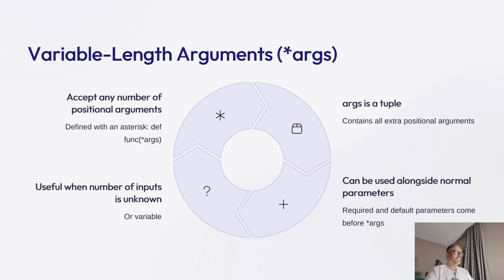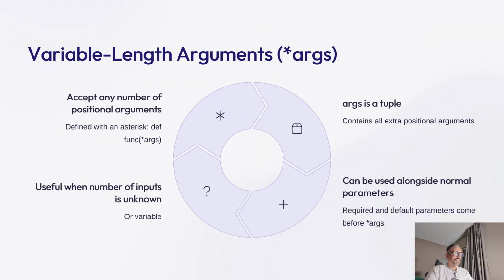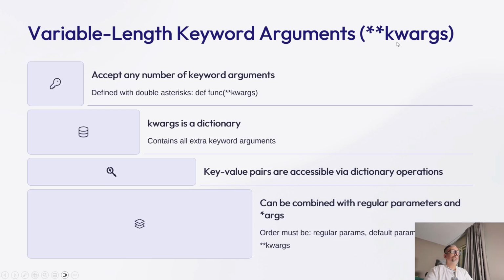Now let's understand the way we used those arguments. Now we are going to use keyword arguments. You can use two different ways: one is variable length keyword arguments, and the other one is variable length arguments. Okay, so this is specifically the keyword argument, and the way you define it is double